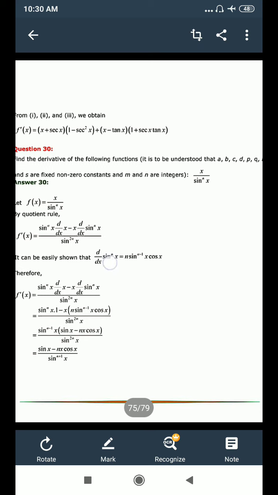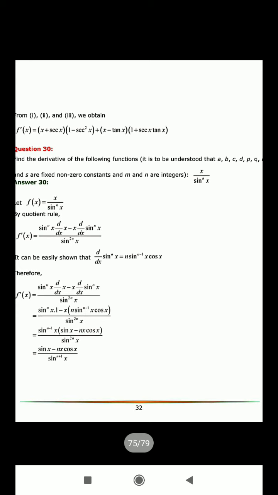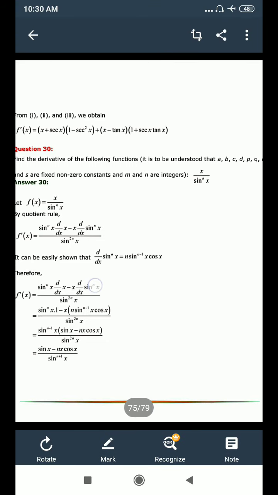First, you will differentiate this x raised to power n, so that will be n into whatever is given raised to power n minus 1. Now, in place of x, sin x is given, so you have to also differentiate sin x, so it will be cos x. So we can write d over dx of sin raised to power n x is n into sin raised to power n minus 1 x into cos x. This differentiation I already explained in question number 19 also. So now differentiation of this x will be 1 and differentiation of sin raised to power n x will be n into sin raised to power n minus 1 x into cos x.